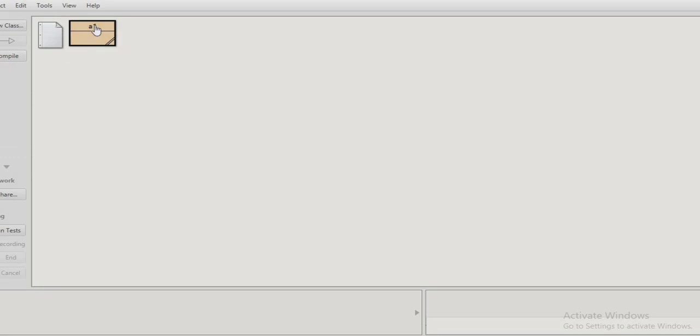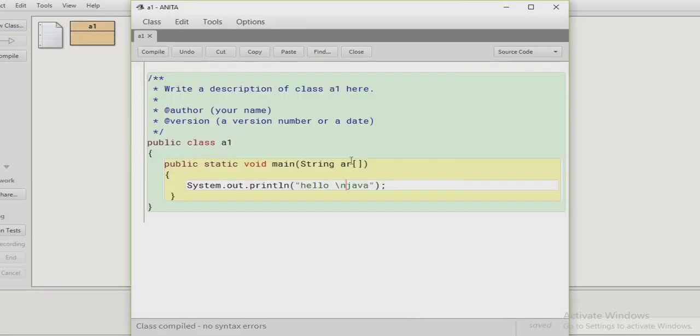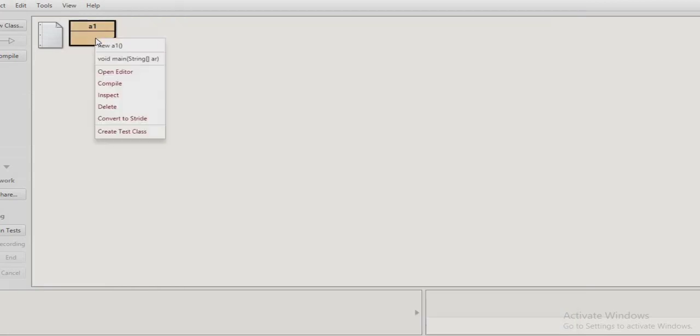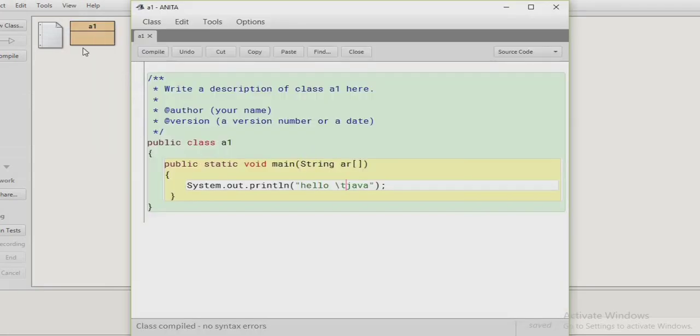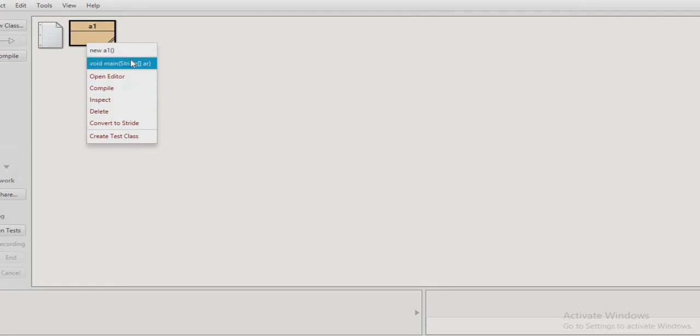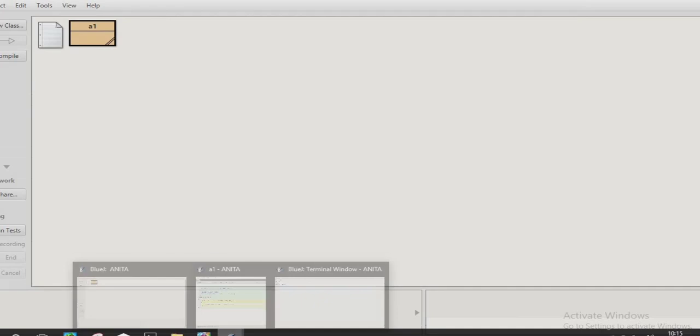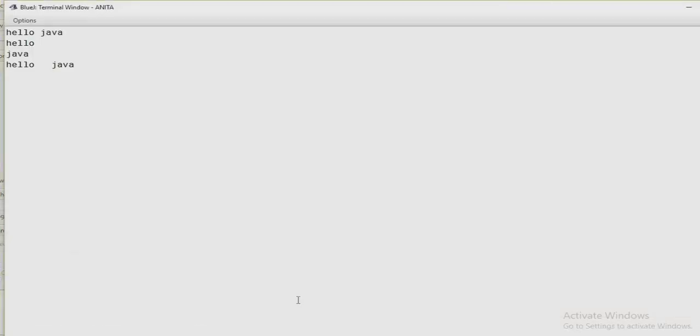Now again I make a change, and in this program, instead of \n, I write \t. The \t escape sequence is used to create a tab space between the two strings hello and Java. After making the changes, you have to compile the program. So I compile it and show you the output. The output is hello, a tab space, and then Java.